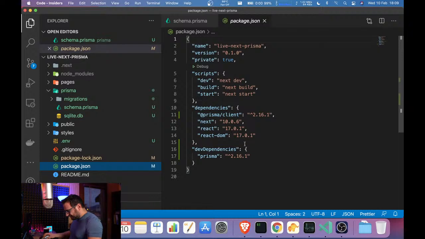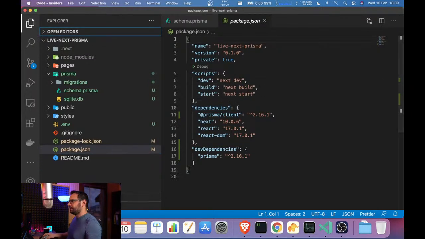Okay, so we have our schema. I'll try to make a request.